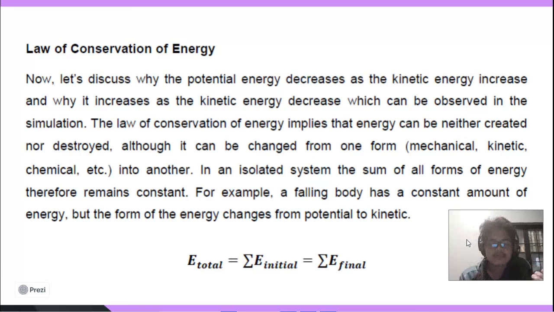You didn't decrease it. Okay, again, it is just converted. Okay, when one form of energy decreases, another form of energy increases in the same manner. So thus the total is always constant. For example, a falling body has a constant amount of energy, but the form of energy changes from potential